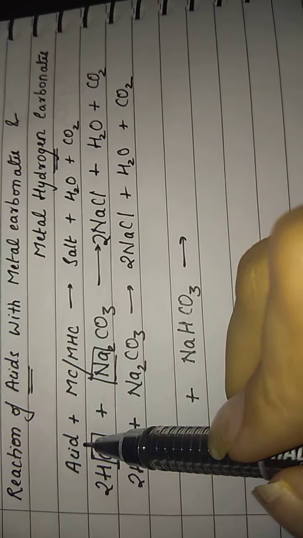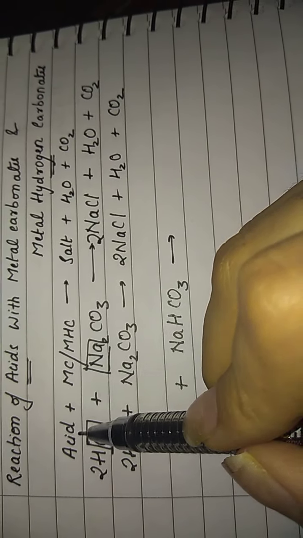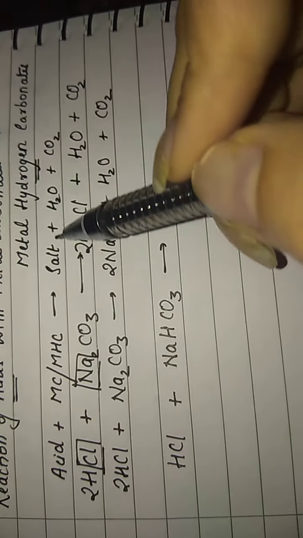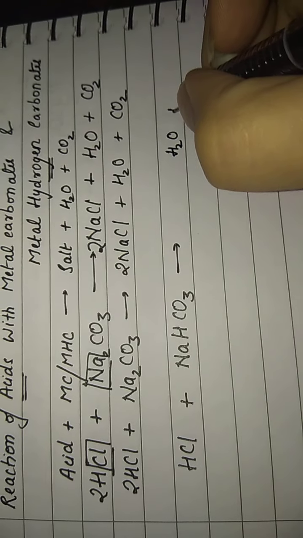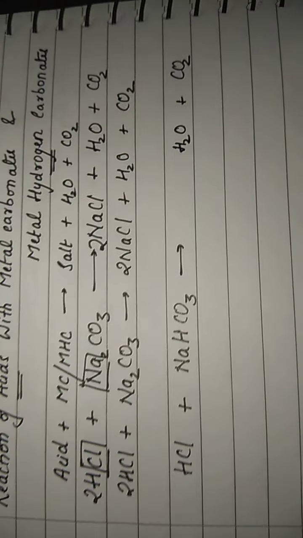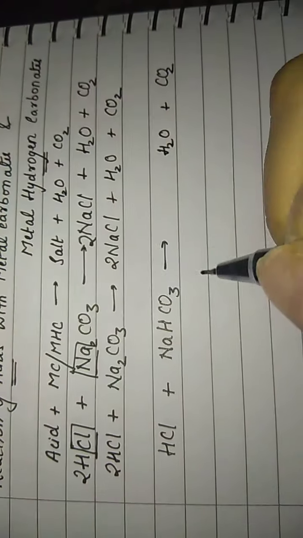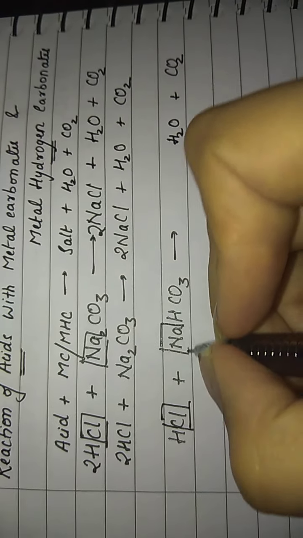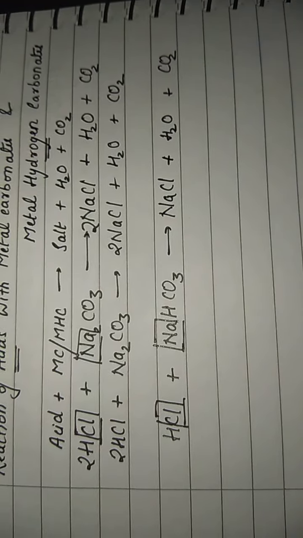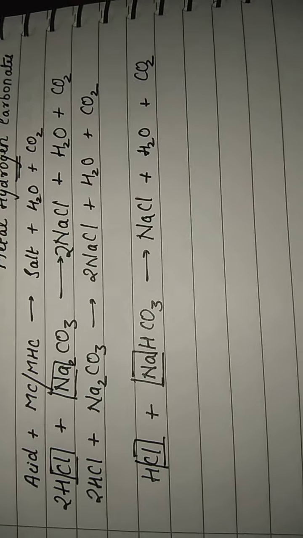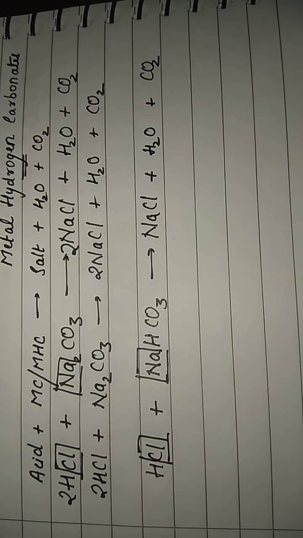Again, as I said, whether the acid reacts with the metal carbonate or it reacts with the metal hydrogen carbonates, products will always be a salt, water and carbon dioxide. Fine. So water and carbon dioxide will always be formed. So let me write it first. Fine. Now let us see what the salt is over here. Cl will combine with sodium to give me the salt NaCl again, and the rest of the products are the same, you know. Fine. Now next step will be checking whether the equation is balanced or not.